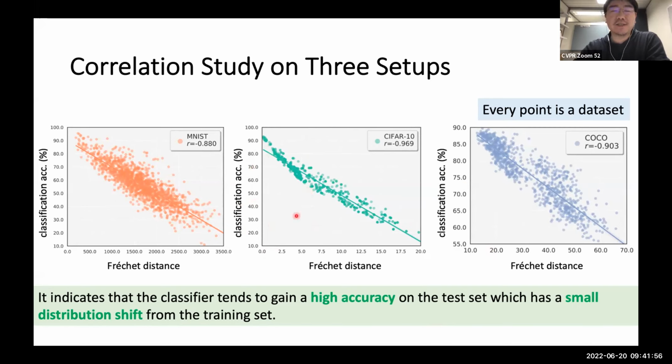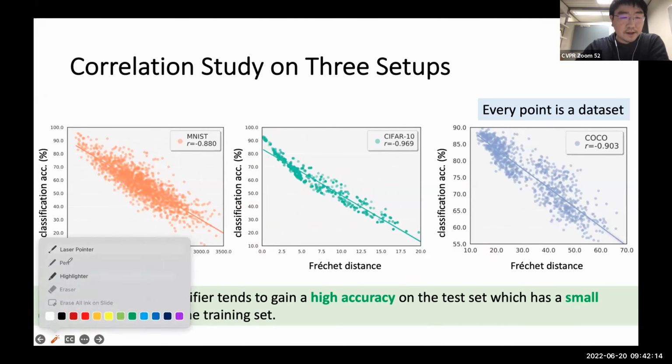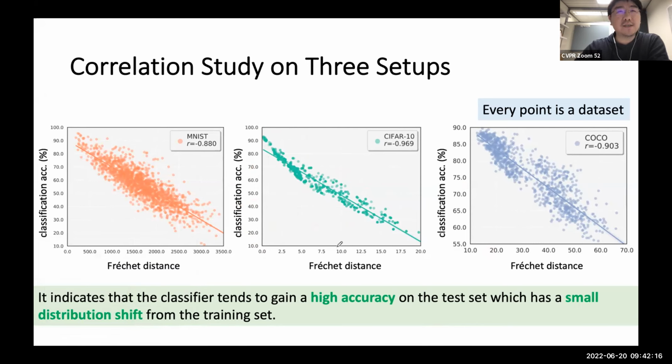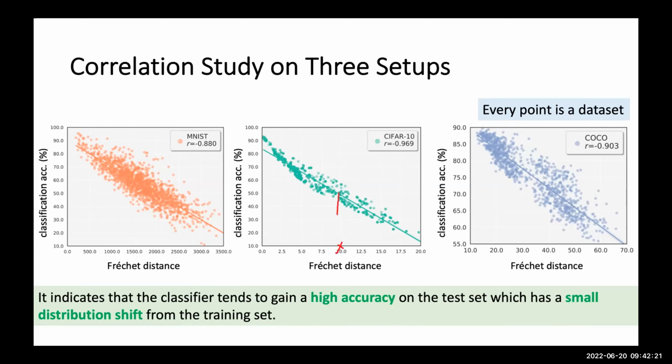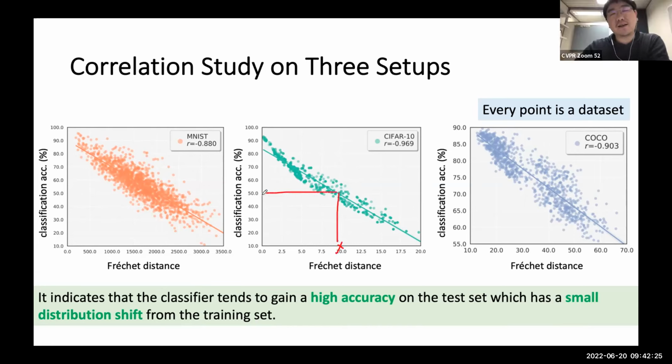In practice, we are given an unlabeled test set. We simply calculate its distance to the training set, and starting from here, we can estimate our classification accuracy on this unseen test set as 50%.